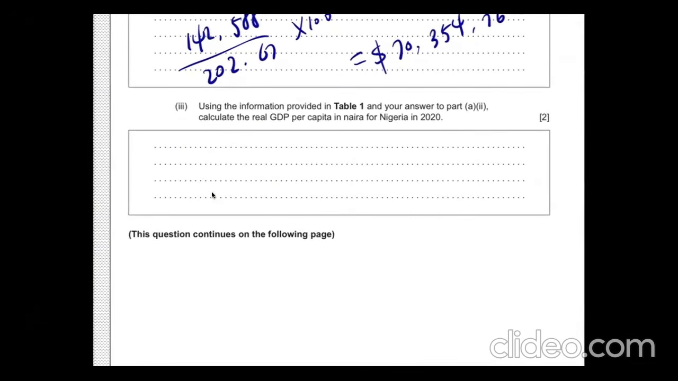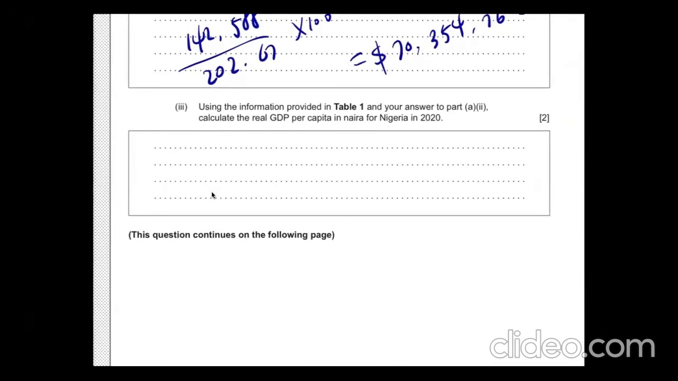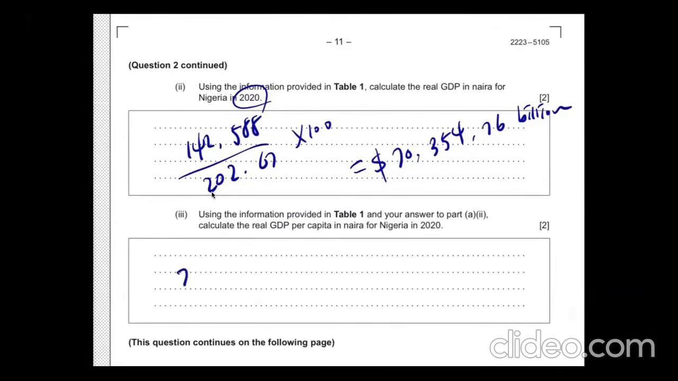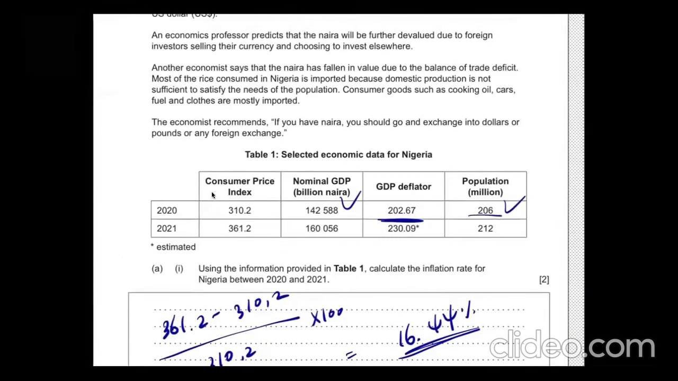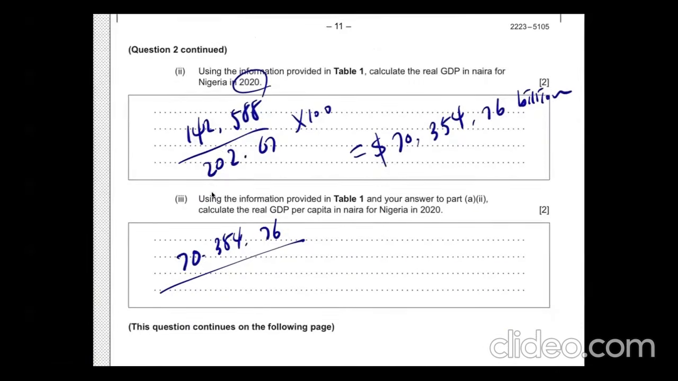3. Using the information provided in table 1 and your answer to part A2, calculate the real GDP per capita. Straightforward. All right. Divided by the population stated. Divided by the population in 2020, which is this one, 206. Then I can find